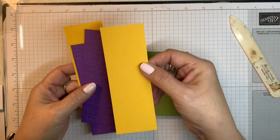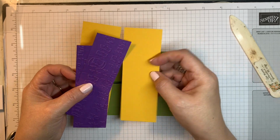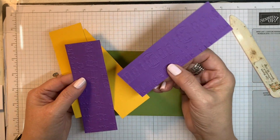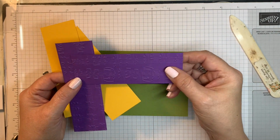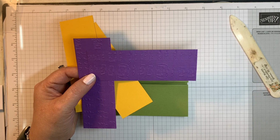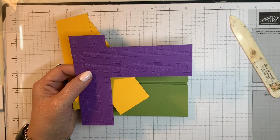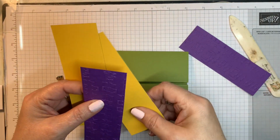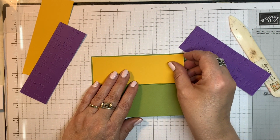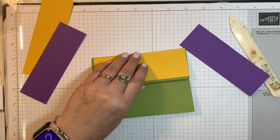So to stay with the theme that I've chosen, which is a Mardi Gras theme, I've got my green, I've got Crushed Curry for the gold, and Gorgeous Grape for the purple. So on this, I have embossed these two pieces with the Merry Melody embossing folder, and I'm going to just layer these up here on the outside. So let me get my liquid glue,